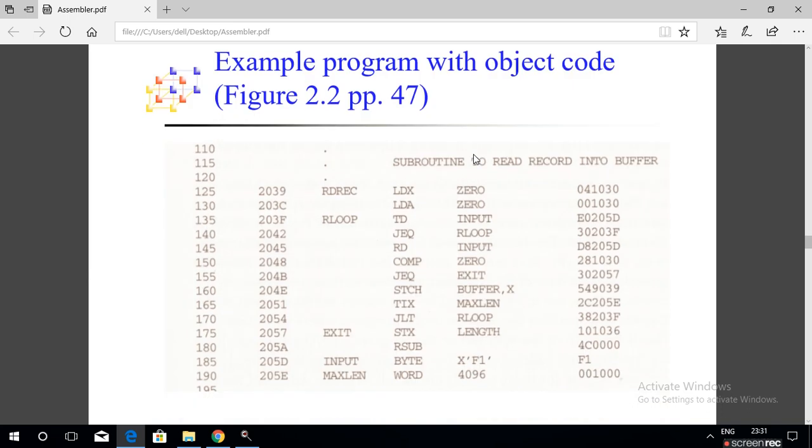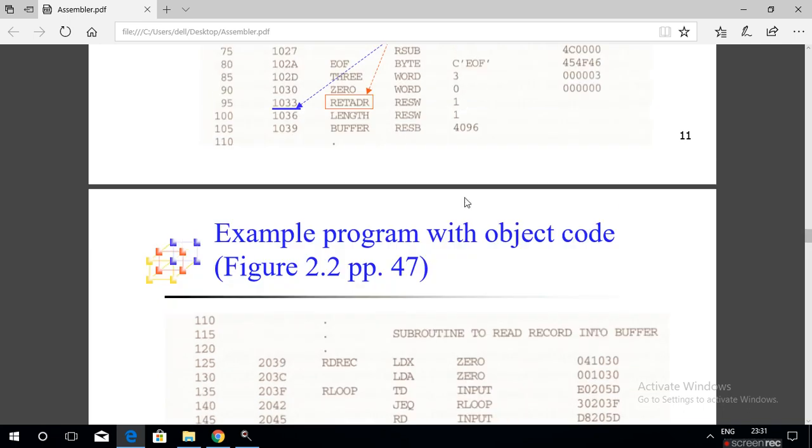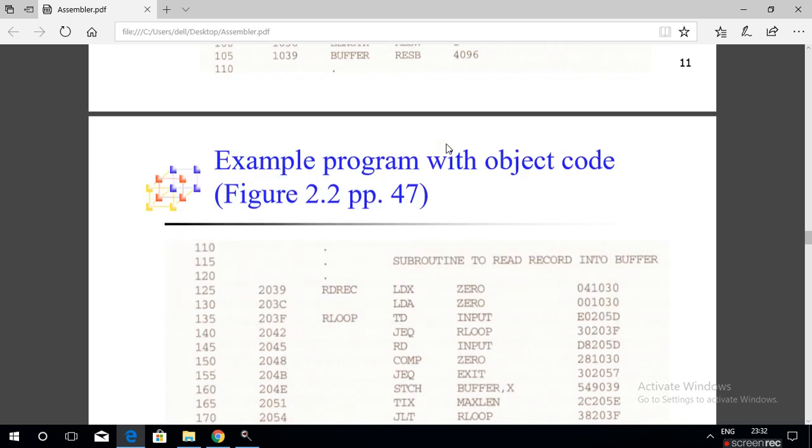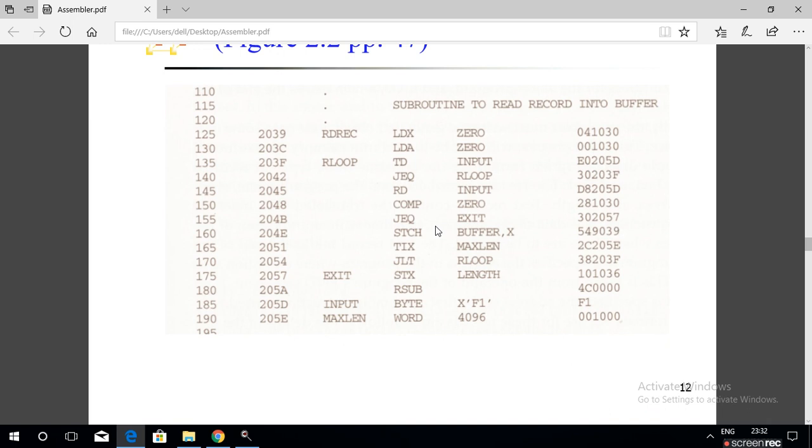So here in RDREC, LDX ZERO means initialize register X with 0. LDA ZERO: ZERO means the value 0, right? I already said that. One word of memory is allocated and the integer value 0 is assigned. Understood?